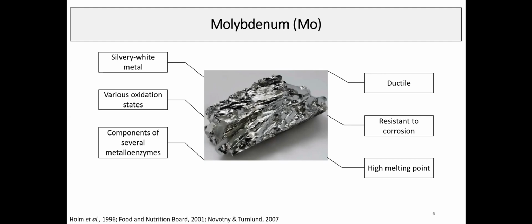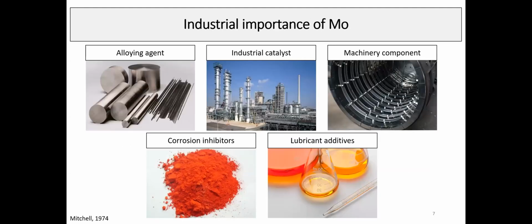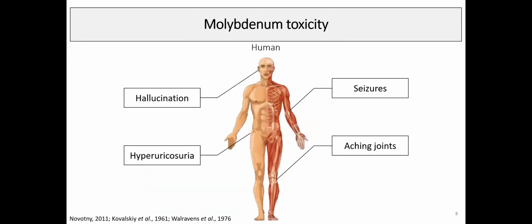Because of these properties, molybdenum has wide industrial importance. It has been used in many industrial products such as paints, and in the production of alloys and machinery components. So although molybdenum is biologically important, prolonged exposure to a high concentration of molybdenum can